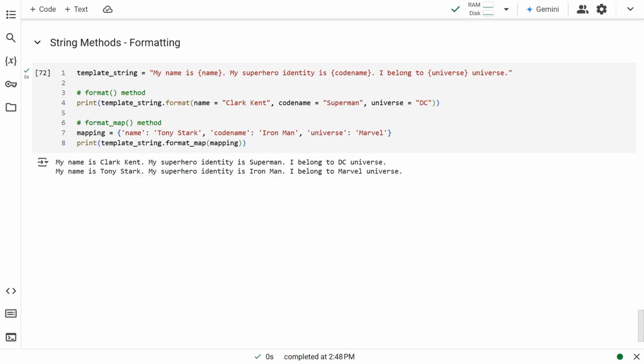These methods are very useful when we need to dynamically change the output string, depending on the input. For example, if you are designing a prompt for a large language model, and you need to replace specific words in the prompt, you can make use of format or format map methods. If you need to store the template strings, formatted strings are the best way. Though F strings are helpful, they strictly require the values for the placeholders, which restricts storage. Since formatted strings are essentially strings, they can be easily stored. The values are required for the placeholders only when the format or format map method is called on them.